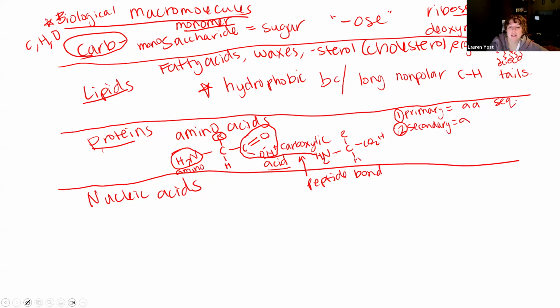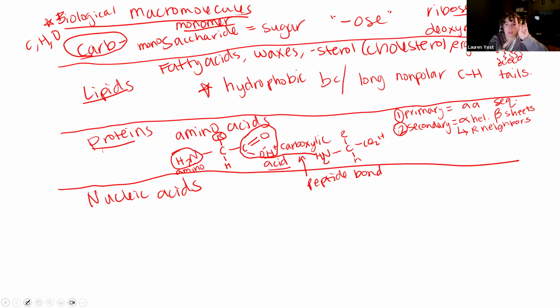The secondary level of protein structure is our alpha helices. I'm just going to put HEL for helices. Helix, helices is the multiple. And beta sheets, they're beta pleated sheets. Think of these as being effects resulting from the R groups next to each other. The R neighbors